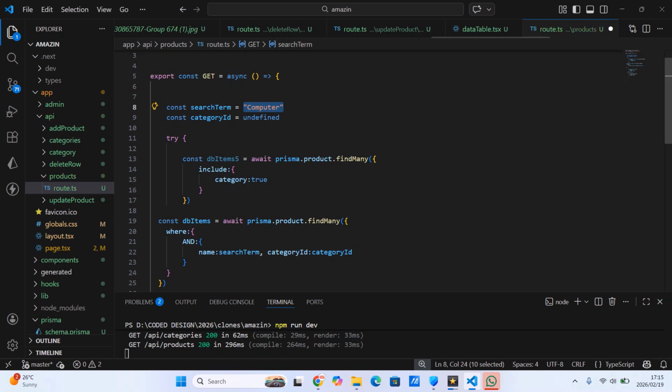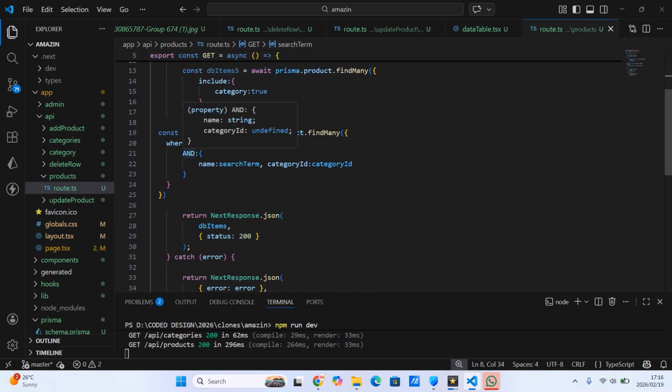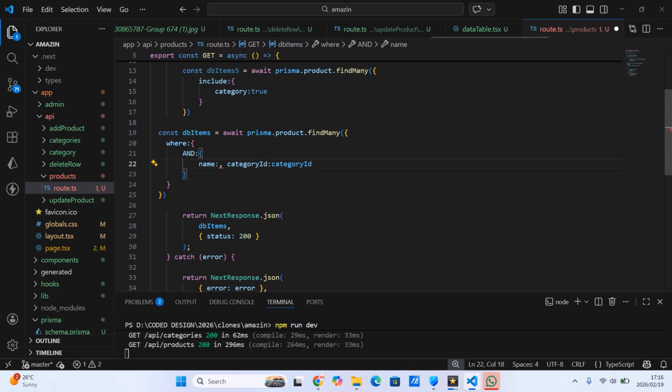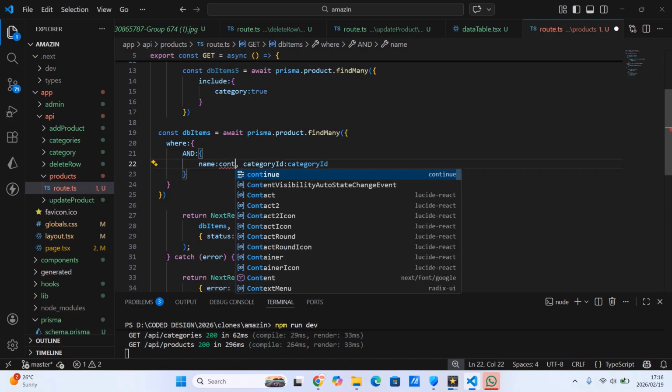So the only challenge that we have here is that we must search full names. The search item, in terms of mechanism and the UI, is not designed to pick partial names like computer and so on. You need to search for the full name. So what we want to do now is change something in our where clause. Let's check here. This one says where name is equal to search term. I don't want this. We want where name contains,